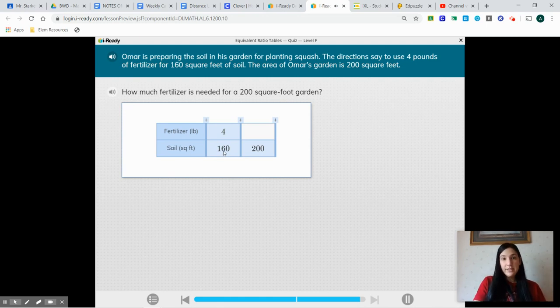Okay, so like here, to get from 160 to 200 isn't as easy. It's not a whole number. So that's why I like to reduce first, always. So now